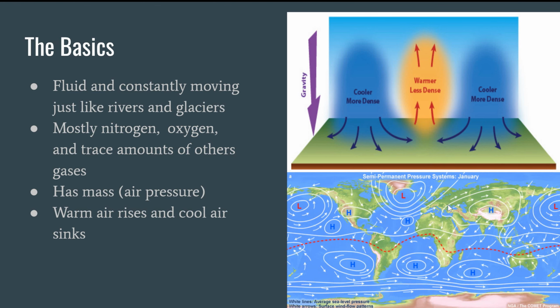You can see on this map below a map of the semi-permanent pressure systems in January, and we're going to explain the flow of air and this movement in greater detail, but you can generally see the areas of the Earth during this time of the year in January, where there are regions of high air pressure and where there tend to be regions of low pressure.